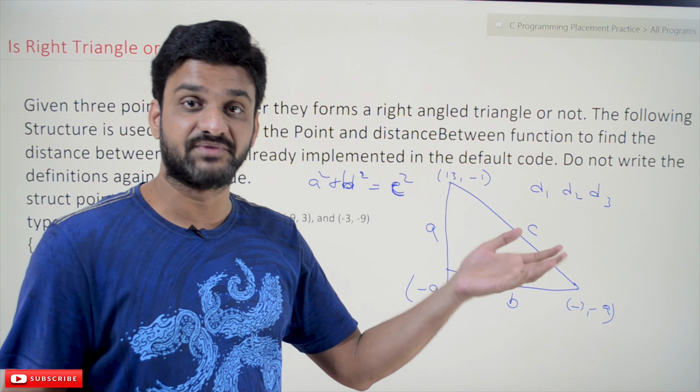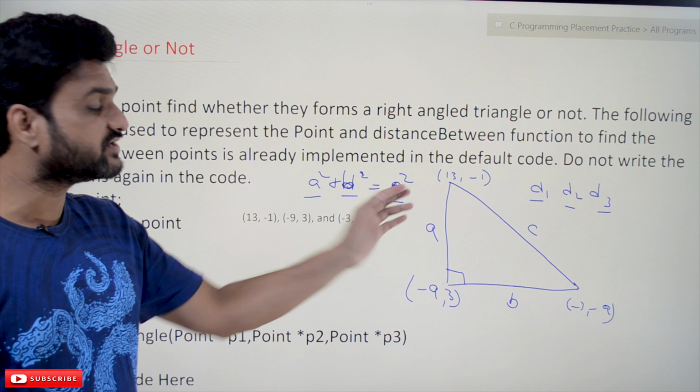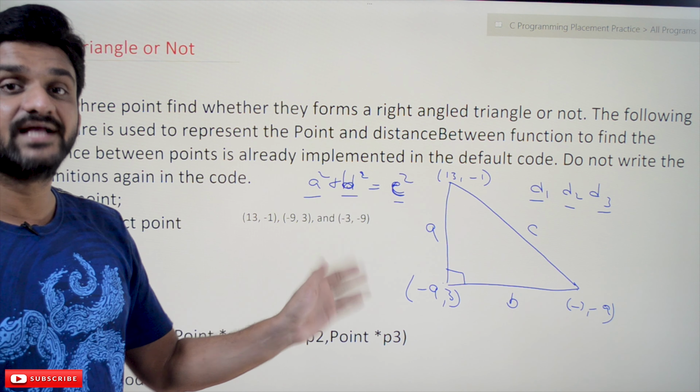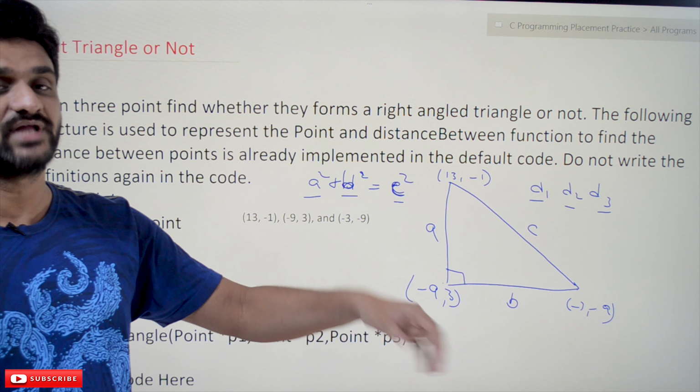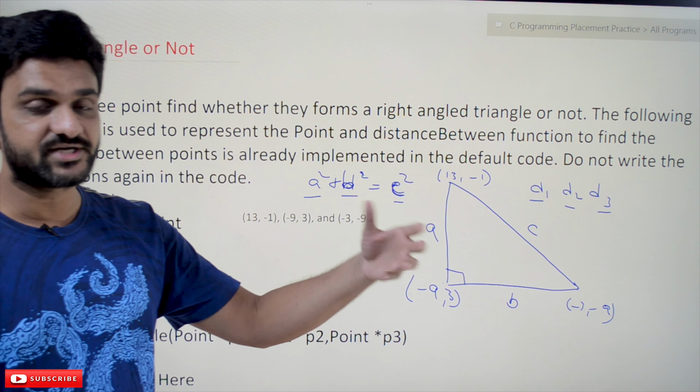Then we apply the formula with these values and write the if condition. If these values are equal, then return 1, else return 0. That is how we are going to write the program.